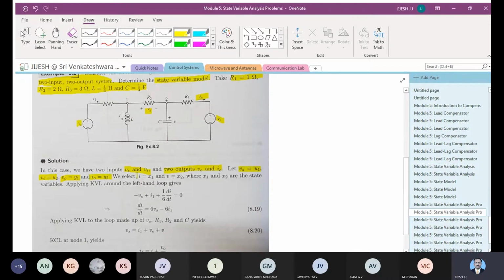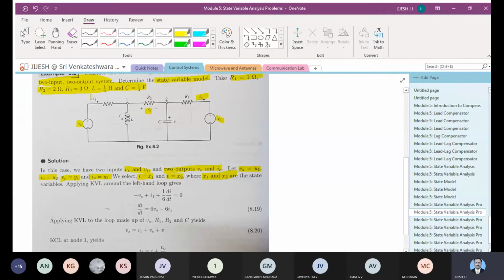After that we have to select the state variables. I is equal to x1 is one of the variables and the other variable is v is equal to x2. So there are two state variables, x1 and x2. By using the KVL equation around the left hand loop, we can write, you know how to use the KVL equation. So when you use that you will get minus